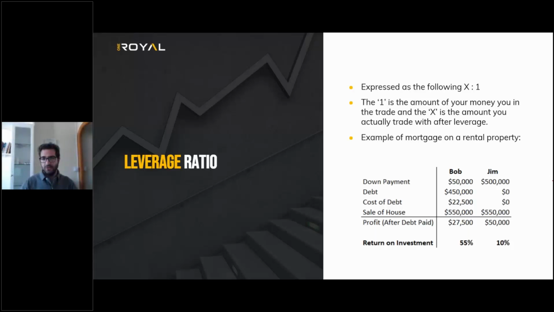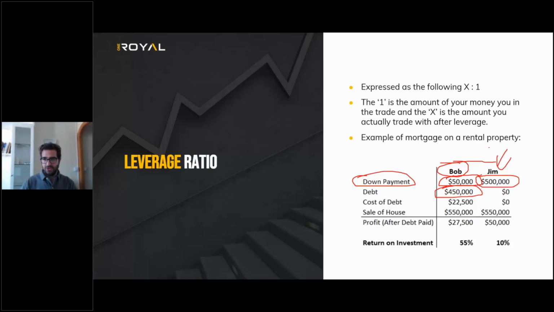I can give you an example here with Bob and Jim. Those two guys are willing to buy a similar house with a similar price, which is 100,000. Jim is willing to pay the whole amount as cash. However, Bob doesn't have the full amount. He will deposit a small amount, which is 50K, the down payment, and he will get a loan of